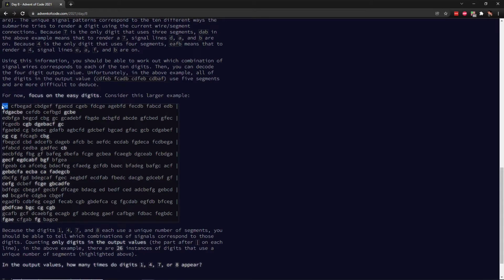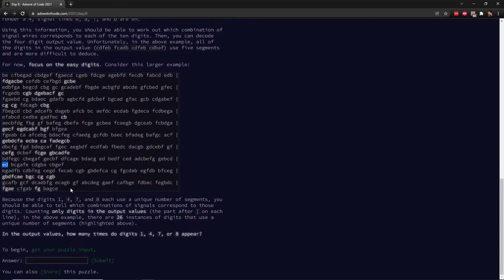So you can see here, for example, the 1 must be B and E. Here the 1 must be C and B, or B and C. The order is not relevant here. In this one it's ED and ED. Okay. So I can already feel part 2 is going to be asking me to solve the challenge, and I think it's pretty doable actually. But for part 1, all they want me to do is look at the output values,